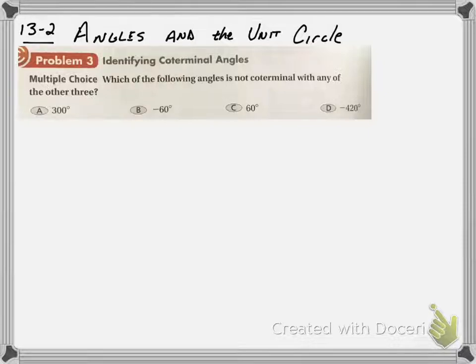So again, when you're dealing with a unit circle, you're dealing with an XY axis, and each one of the bars represents 90 degrees. So if you draw an angle here and here, that's 90 degrees. Then here, obviously 180, here's 270, and then all the way around is 360 degrees. So if we're looking at this here,